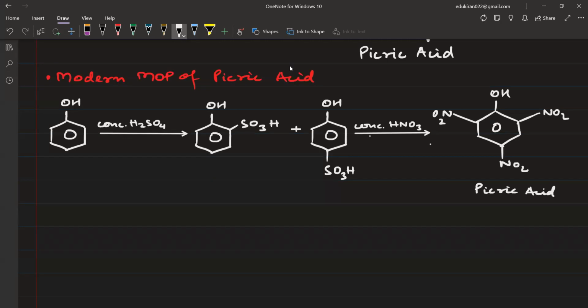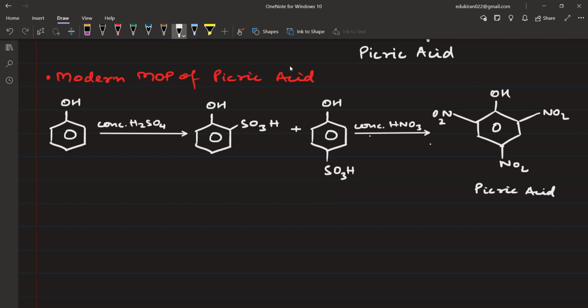ठीक है, can you see that they have also mentioned sulfonation, है ना? तो सल्फोनेशन ऐसा टॉपिक उन्होंने नहीं दिया, बस दो ही टॉपिक दिए उन्होंने, ब्रोमिनेशन दिया, नाइट्रेशन दिया। नाइट्रेशन के अंदर उन्होंने छोटा सा रख दिया, modern method of preparation of picric acid is that we first of all do sulfonation for phenol and then we react that benzene sulfonic